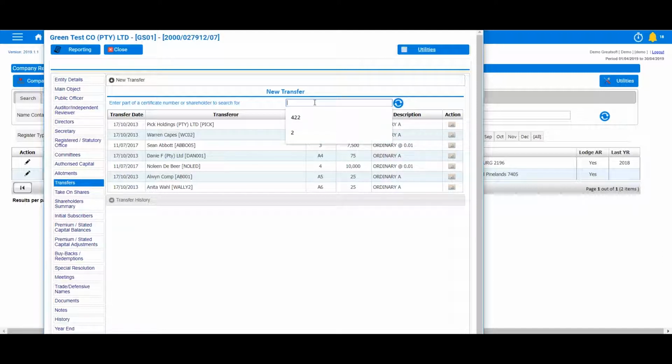If it is not visible on the first page of share certificates, you can use the search bar to search for a particular certificate number or shareholder. Hover over the action icon to the right of the share certificate you wish to transfer from, and then click